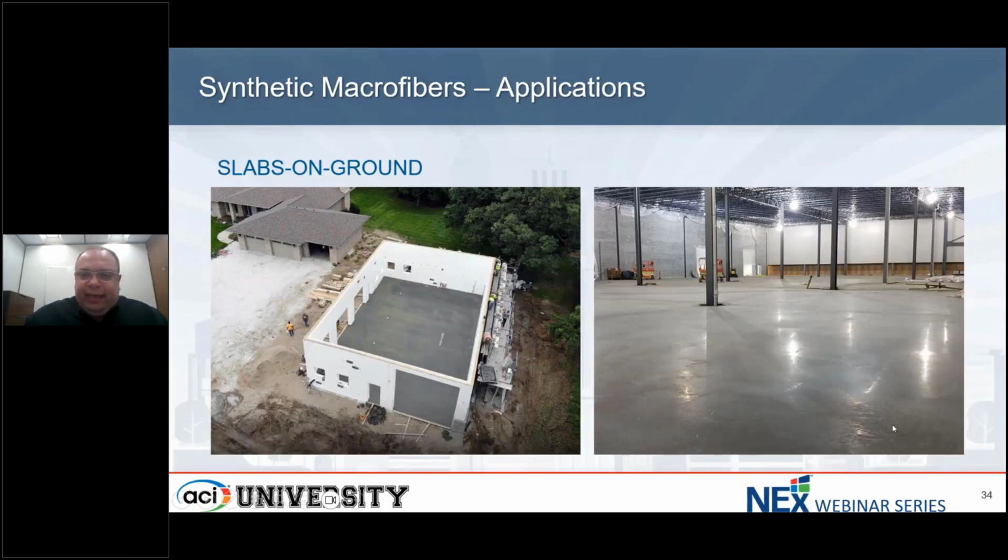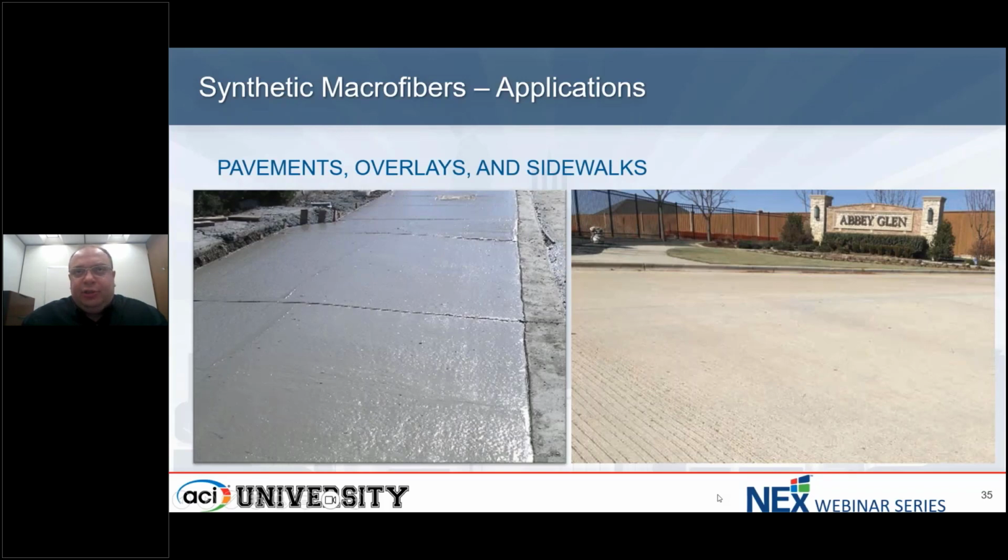Okay, now let's get a bit into the applications of where fibers are typically used. Slabs on ground is a very common application for fibers. I'll discuss this one in more details. And I'll say fibers aren't just used for your regular jointed slabs. A lot of the fiber applications in slabs are for jointless slabs. Second application, which actually is very similar to slabs on ground, is pavements, overlays, and sidewalks. We are seeing an increase in usage of fiber there just because it reduces the need for labor, so no steel needs to be set, and it's much easier to build just with fiber reinforced concrete as far as these